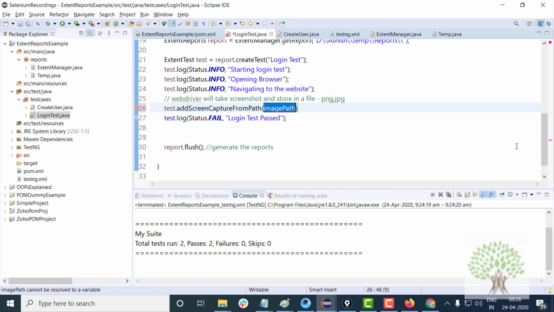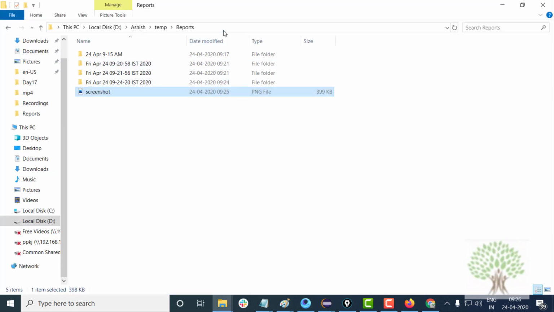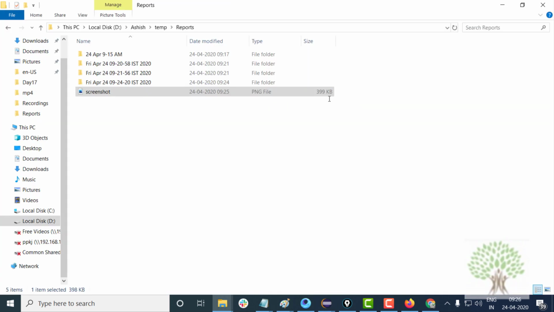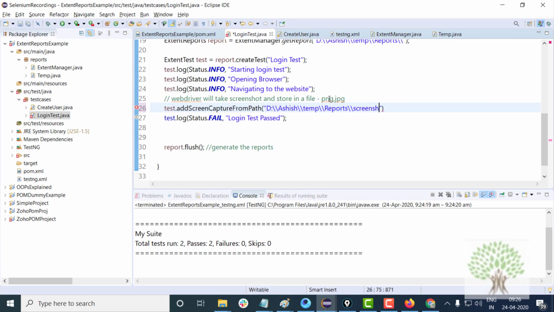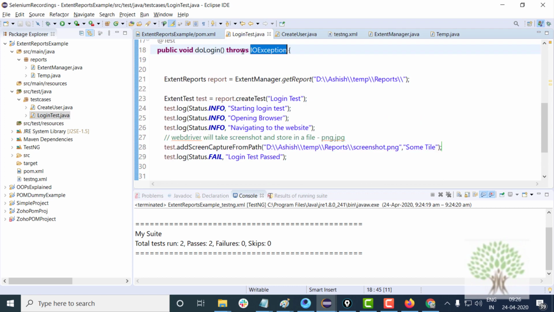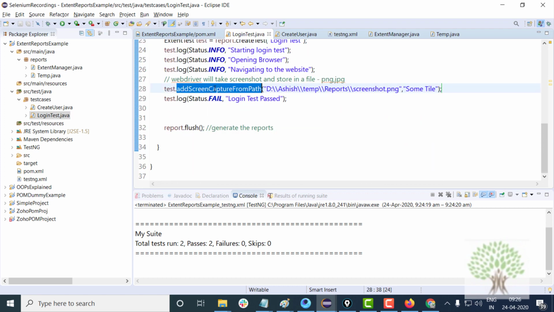Okay, you can give the path over here. Right now I'll just hard code the path, that is screenshot.png. You can give some title over here, I'll tell you in some time. Okay, you have to add the throws declaration in this case.